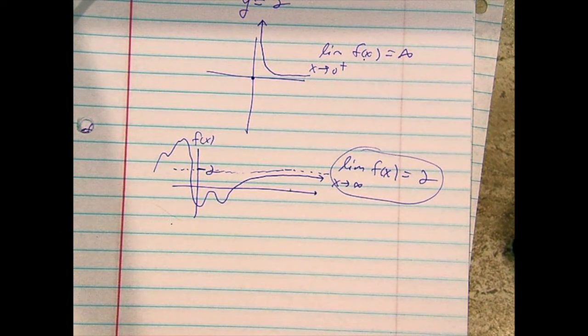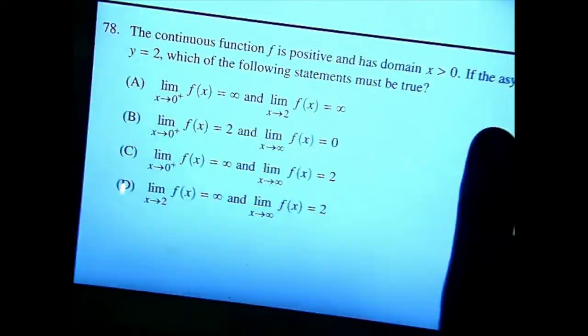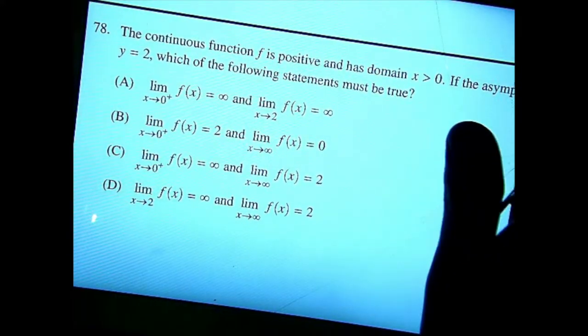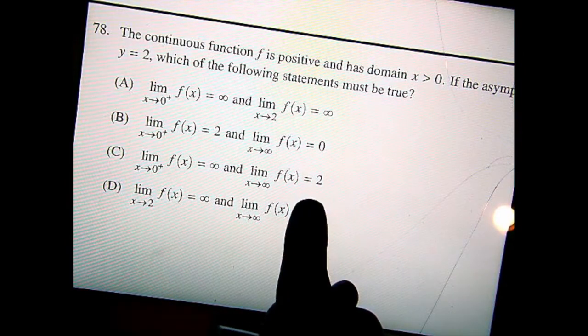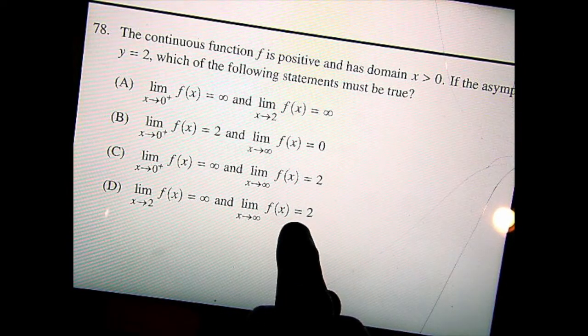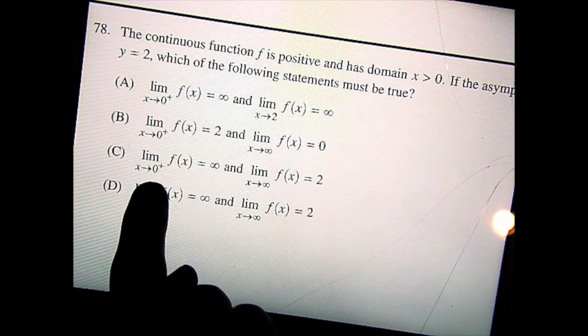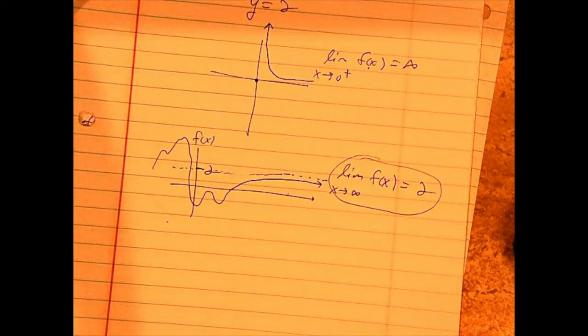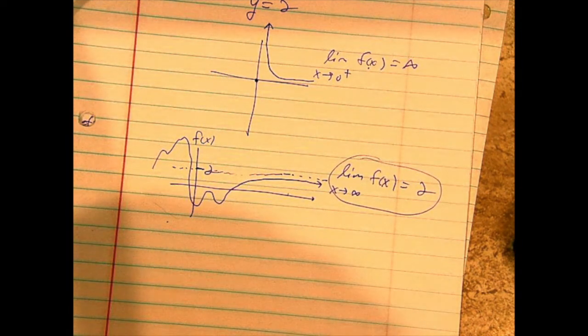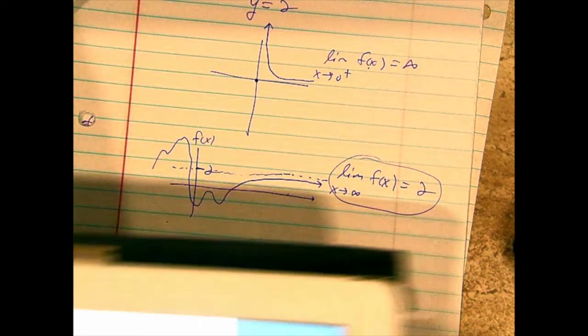So going back to the problem here, that's the other limit that has to be true, and that occurs in C and D. But we know also that we need the limit as x goes to 0 from the right as well, so it's got to be C. Okay. All right,